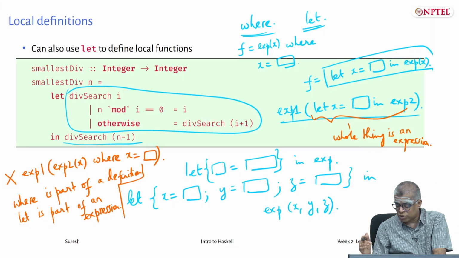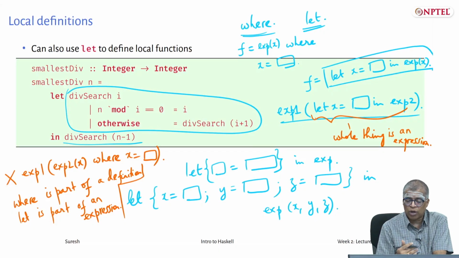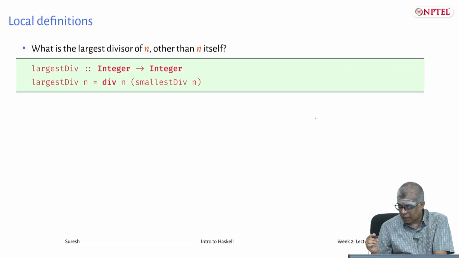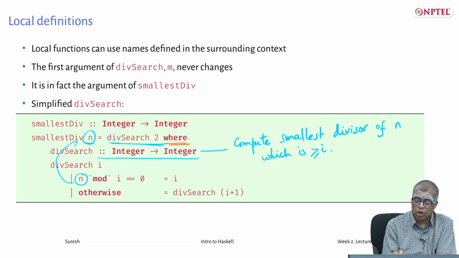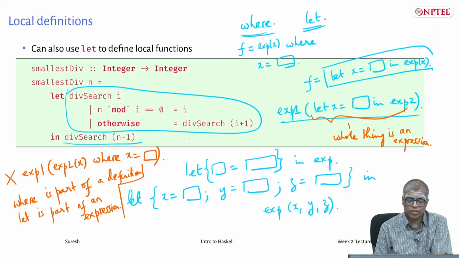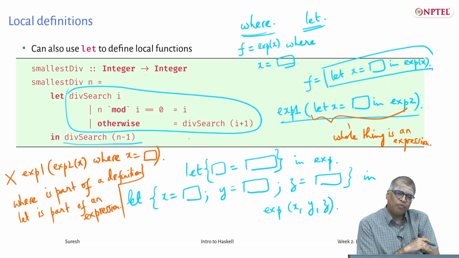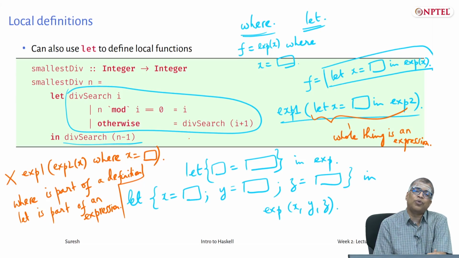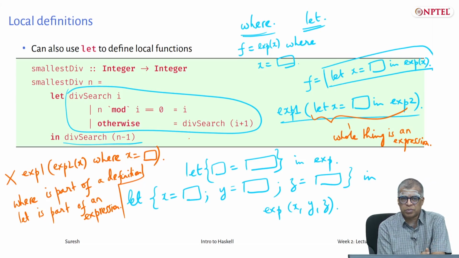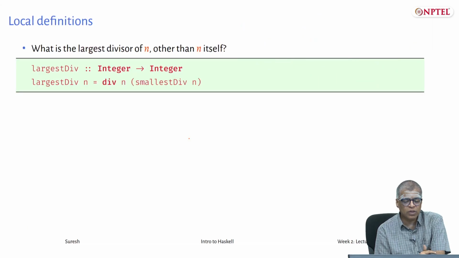There are two styles of programming of providing local definitions. You can either do something like this, use where, or you can use let. These are two styles of local definition. For now, you just need to remember this. We'll encounter some differences later. But if you are doing normal programming, you will not encounter much of a difference between using let and where. You can use either interchangeably. Typically, where is more commonly used, where is more natural in most cases.